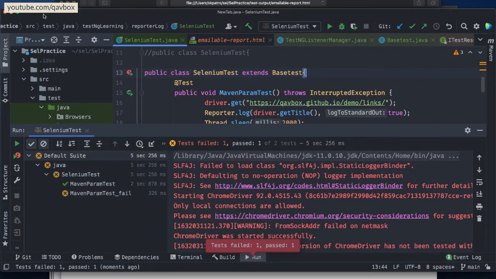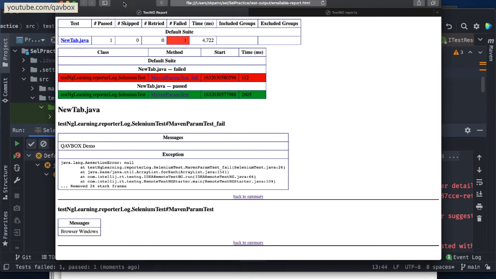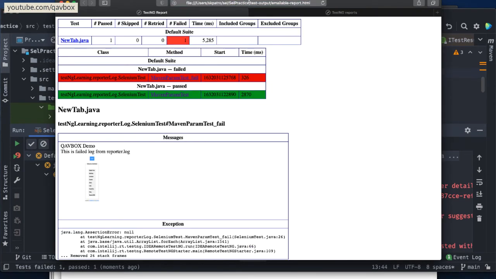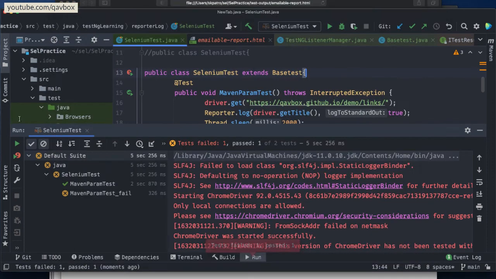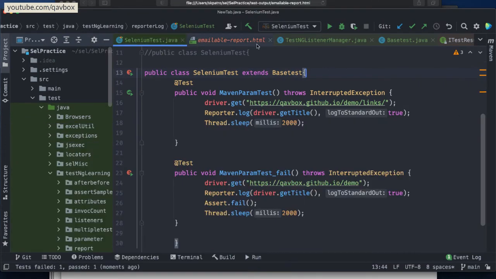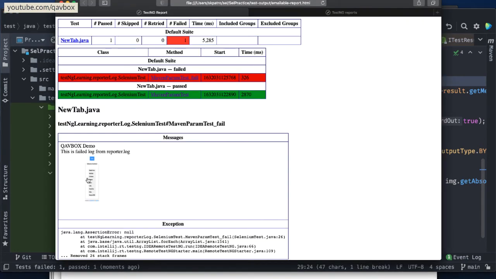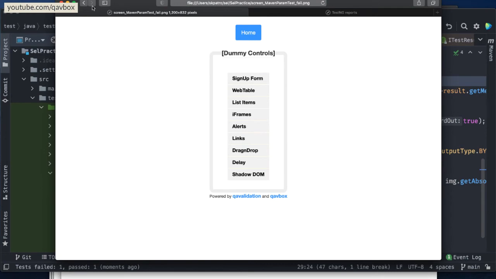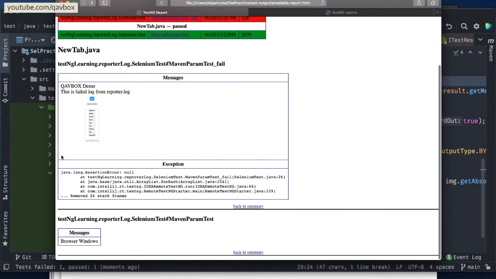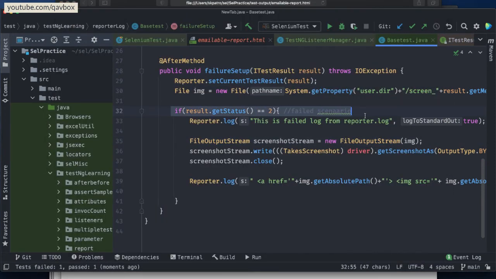Okay, so both the test cases executed. Now let's come back to my HTML report and refresh it. Now you can see it is printing. Before it was not printing, but now it is printing because of this line of code which I said, right? So let me go to the base test. Because of this set current test result, you can see, it is a link which I attached. If you click on that link, it is giving you the screenshot. Now you see the screenshot is generated for each test case because of this line of code.